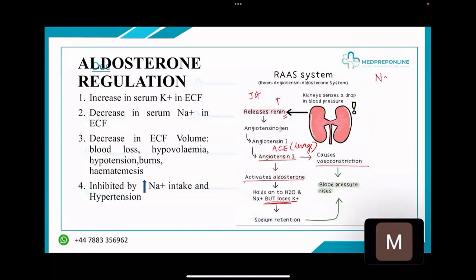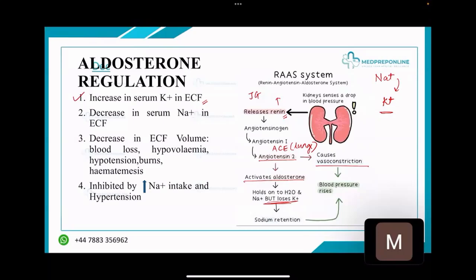When you have one positive charge coming in, you have loss of potassium. So you have loss of potassium leading to hypokalemia. So you have sodium retention as well as blood pressure will increase. So aldosterone regulation, the most important factor which causes the secretion, when you have to pick between options, it's always an increase in serum potassium. So any excessive increase in serum potassium in ECF will lead to secretion of aldosterone